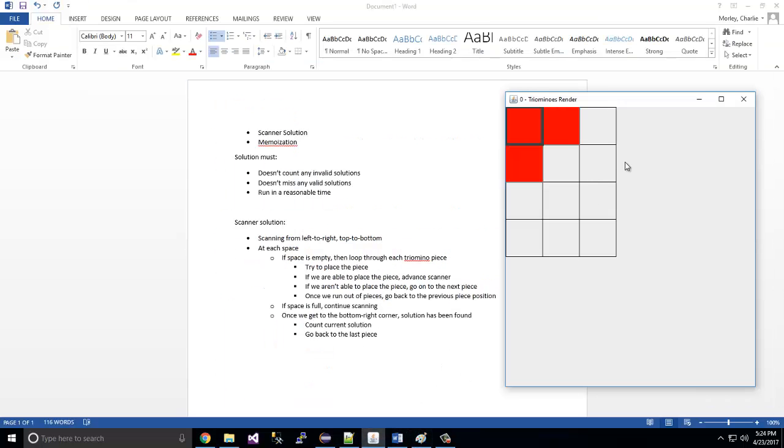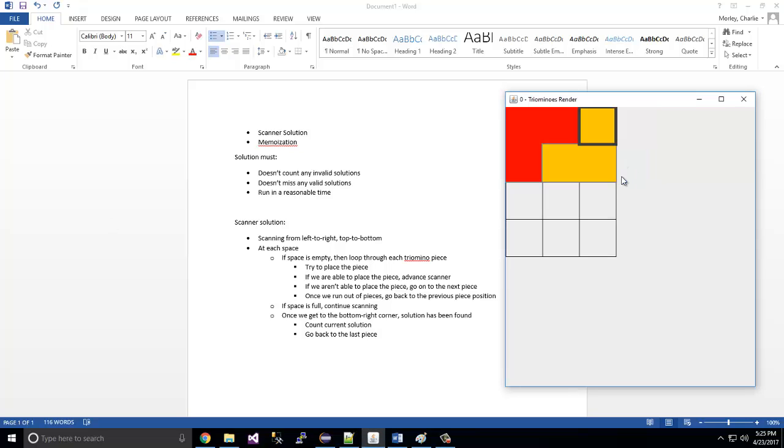So first thing it's going to try to do is place the red. It can, because the red fits on that spot, and it doesn't overlap, it doesn't go off the grid. And then it's going to advance to the next empty space. So it'll scan ahead, oh, it's found an empty space, and then it'll try the loop again. So it'll try to place red, it'll realize, oh, red goes off the grid, so it's not going to be able to place red. Same with green, same with blue,